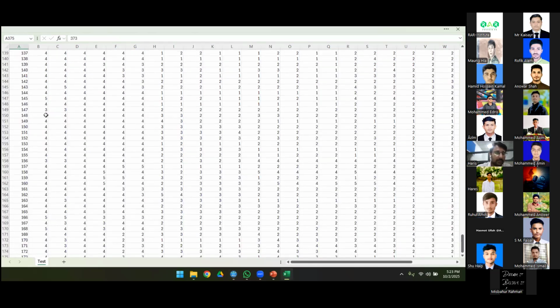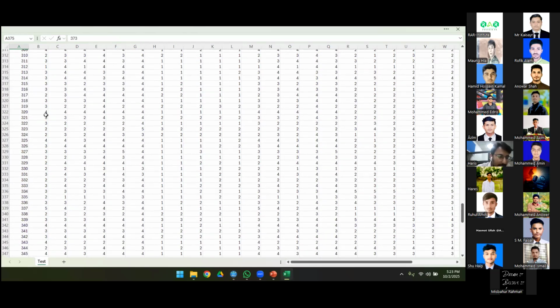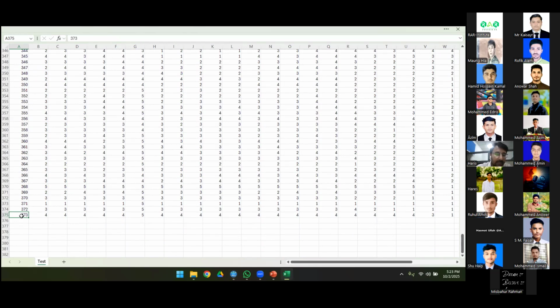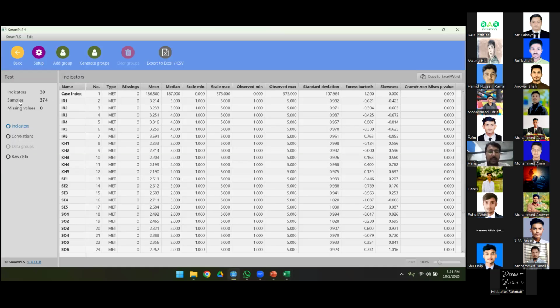Okay, you may be wondering that it actually shows 373. The point is that the case indexes start from 0, so 0 is also counting. So in total, if we move towards SmartPLS, the total is 374 sample size, and indicator means